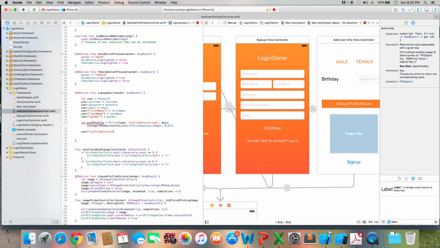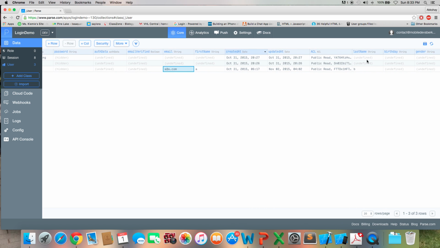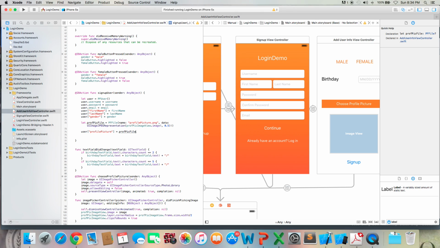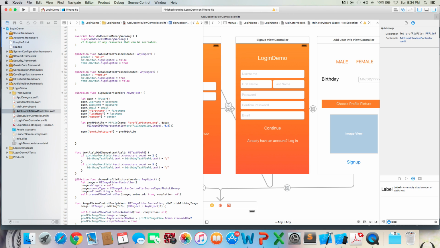So this is just the field from the Parse database right here, profile picture, is equal to prof pic file. Awesome. Okay, so now we've set all of these fields that we wanted, and the next thing that we want to do is sign the user up. So the code for this is quite similar to the code that we had for the login, and it's basically just going to be